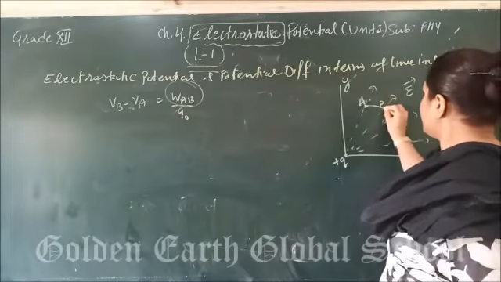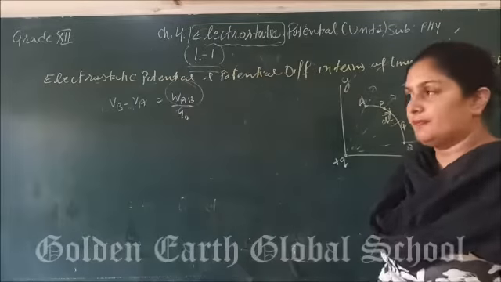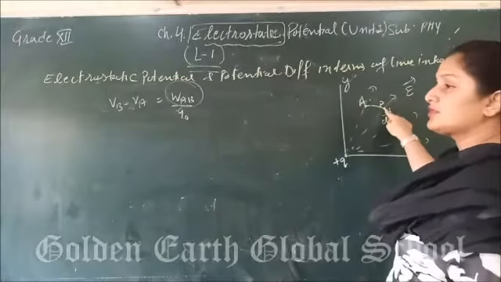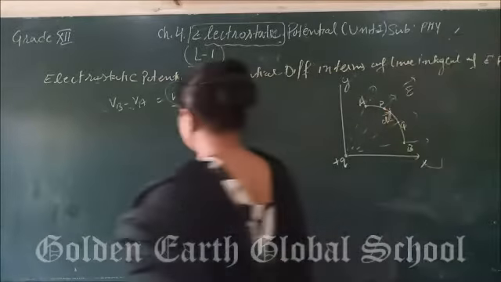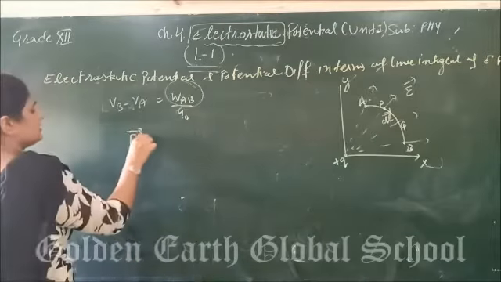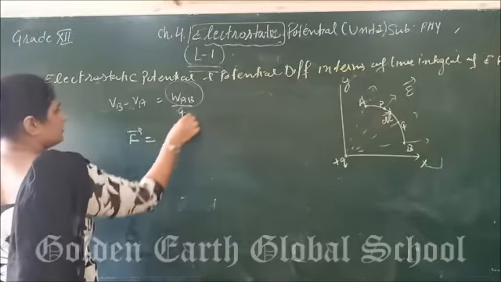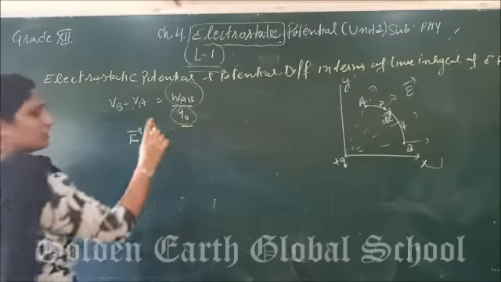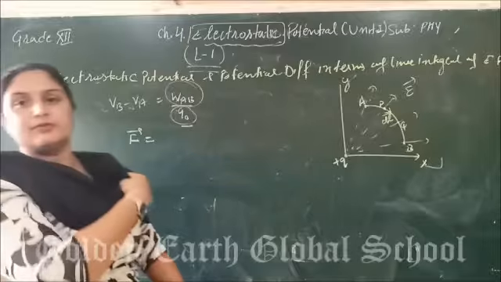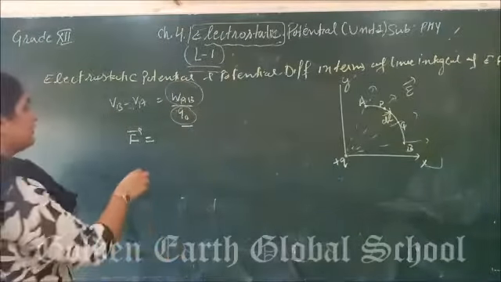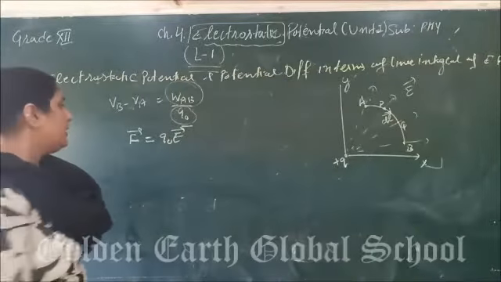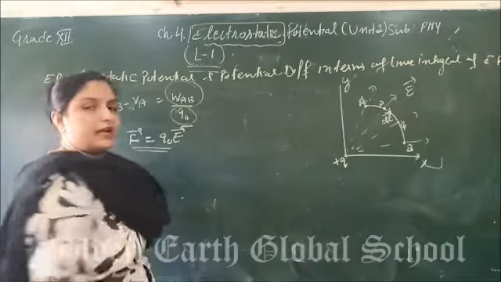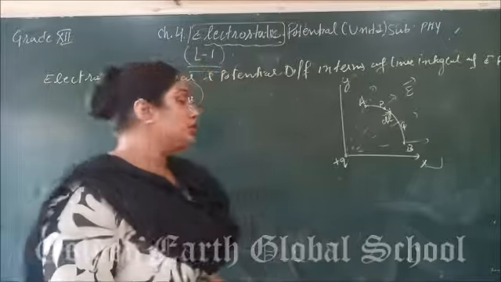Now let us suppose unit positive charge is at a point P. Which type of the force is acting here? Actually, the force acting on the charge is given by force is equal to charge. Let us consider initially Q0. After that we will put the value of Q0 as 1. So F is equal to Q naught E by the definition of electric field. Means this is the force acting on the charge Q naught or the unit positive.